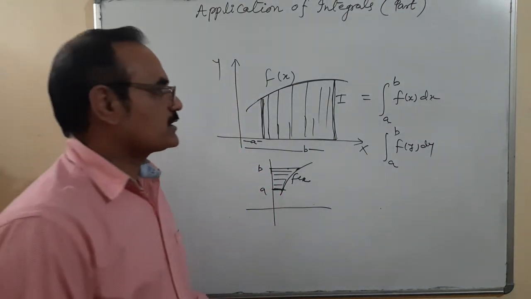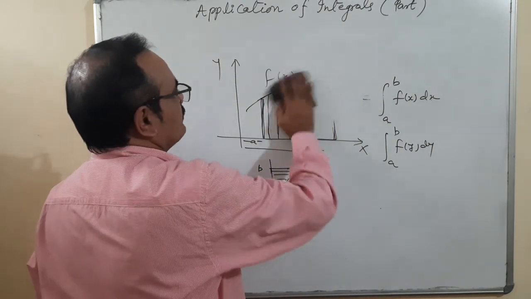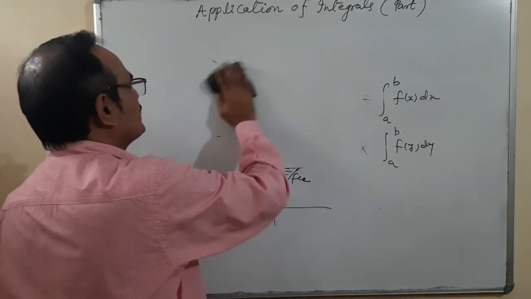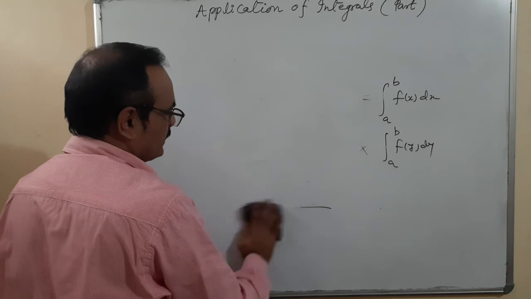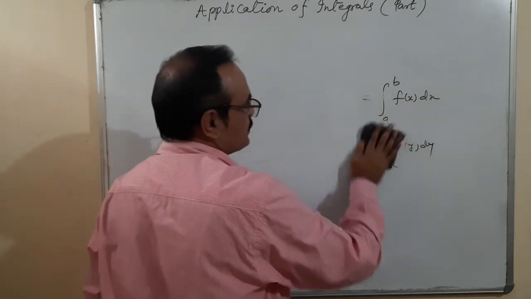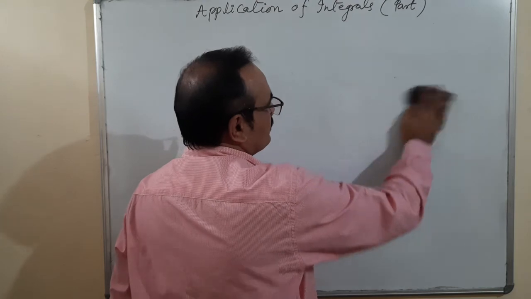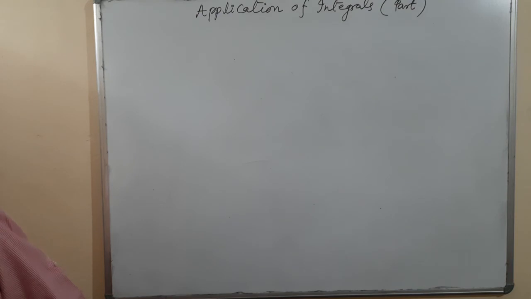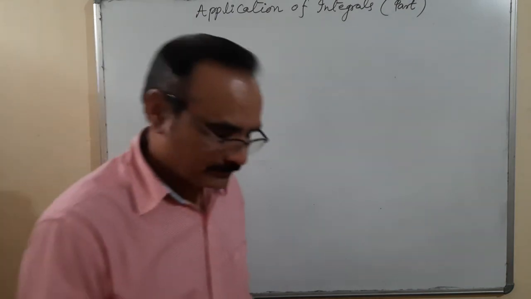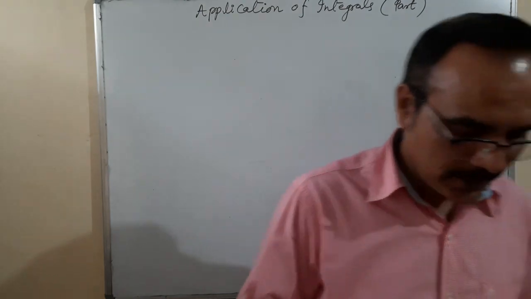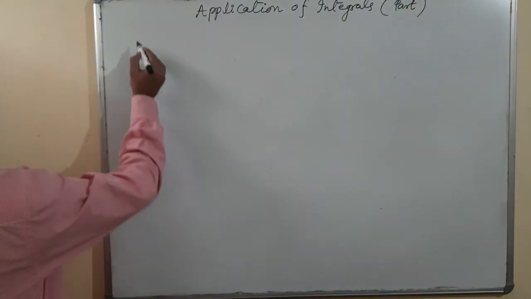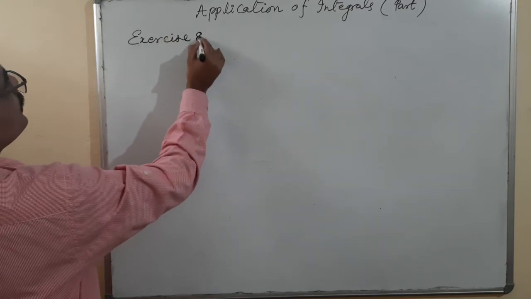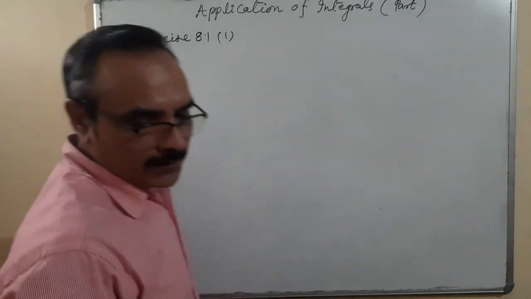First of all, in some of the questions, limits are not determined, so we'll determine the limits. And some basic formulas which you have studied up to class 11th, like the general equation of a parabola, ellipse, hyperbola, circle, line. Let me remind you of all these, don't worry. So we are starting Exercise 8.1.